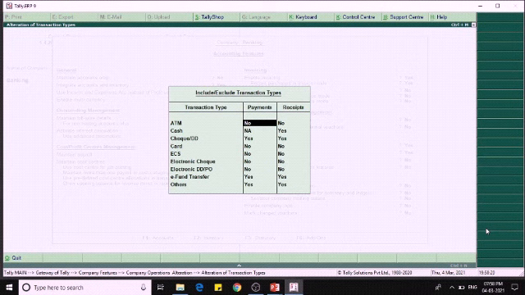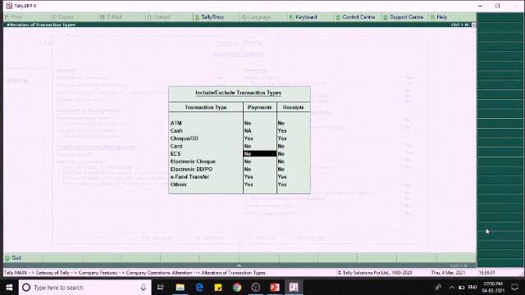The next one is cash, check, or DD. It refers to the deposit of cash or check or the demand draft and then paying through the check or DD. The next one is card. It is nothing but paying or receiving through credit or debit card. Then the next one is ECS, the electronic clearing system. It is the easy method to pay or receive the repetitive or periodical transactions. For example, home loans, vehicle loans, and LIC premiums are some of these examples.